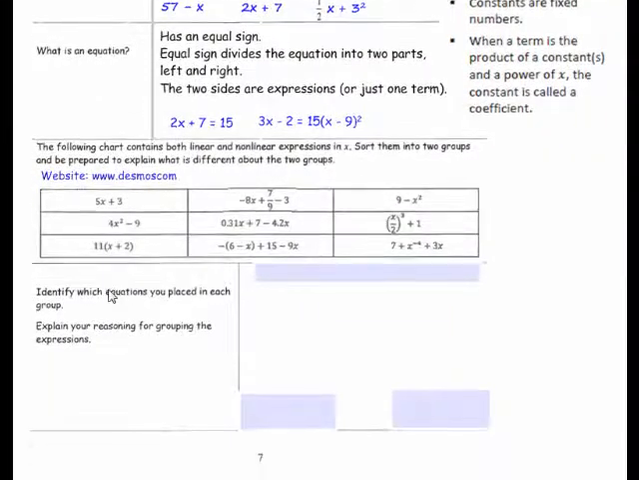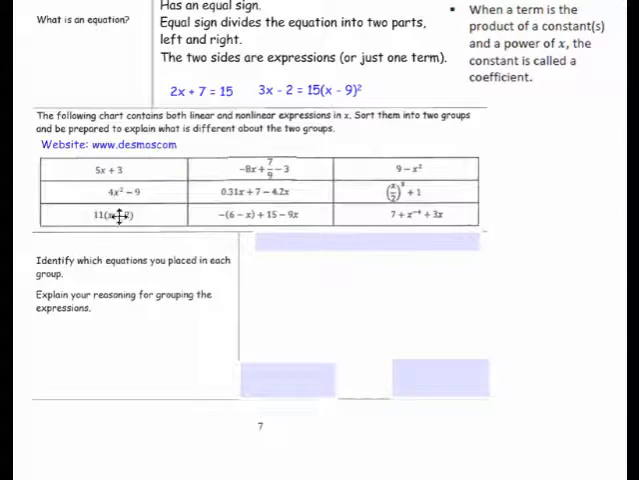You've been given a piece of paper with several different expressions on it. Cut that paper into the 9 parts. Sort them into 2 groups, and be prepared to explain what is the difference about the 2 groups. There's a website that might help you distinguish what kind of equations they are. So click on this site